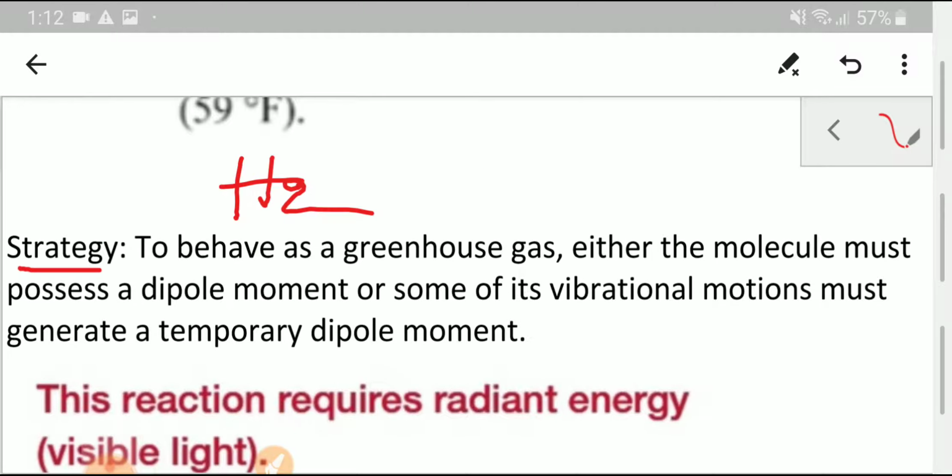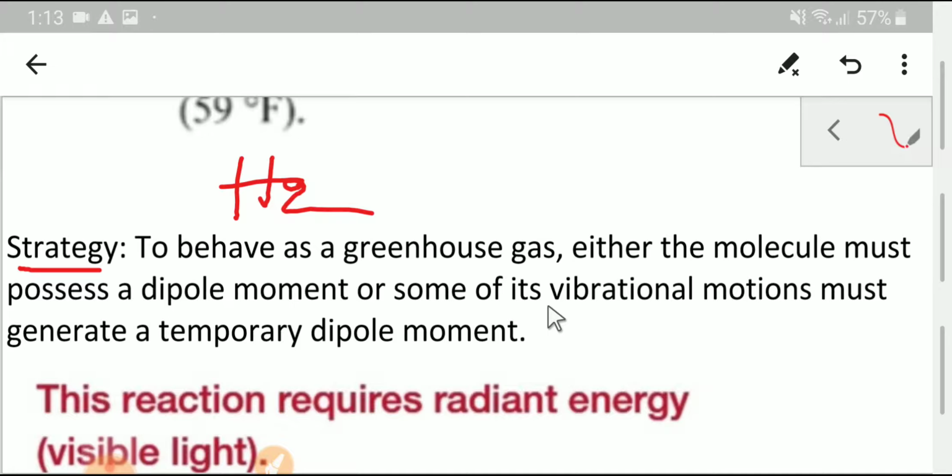To determine whether hydrogen is a greenhouse gas or not, we have to adopt this strategy. To behave as a greenhouse gas, either the molecule must possess a stable dipole moment, as a polar molecule does. For the hydrogen molecule, you will not get a permanent dipole moment because it is non-polar. In the case of a polar molecule, you can get a permanent dipole moment. However, or some of its vibrational motions